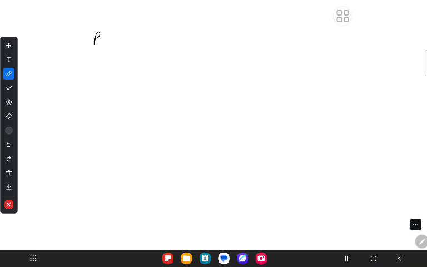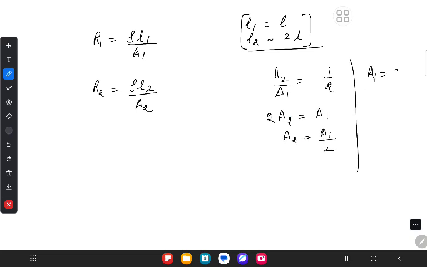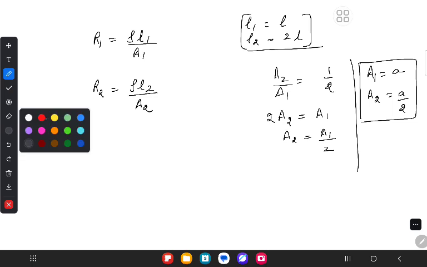Now, what is initial resistance? Initial resistance is rho L1 by A1. What is final resistance? Rho L2 by A2. So let's say initial length is L. So L2 would be 2L because that's what we know. We have stretched it to twice its length. और अगर मैं A2 by A1 की वैल्यू याद करूँ तो वो वैल्यू 1/2 आ रही है। तो यहाँ से 2 टाइम्स A2 विल बी इक्वल टू A1, तो A2 की वैल्यू आ जाएगी मेरे पास A1/2। दैट मीन्स अगर मेरा इनिशियल एरिया A है तो फाइनल एरिया मेरा A/2 है। इज इट क्लियर?